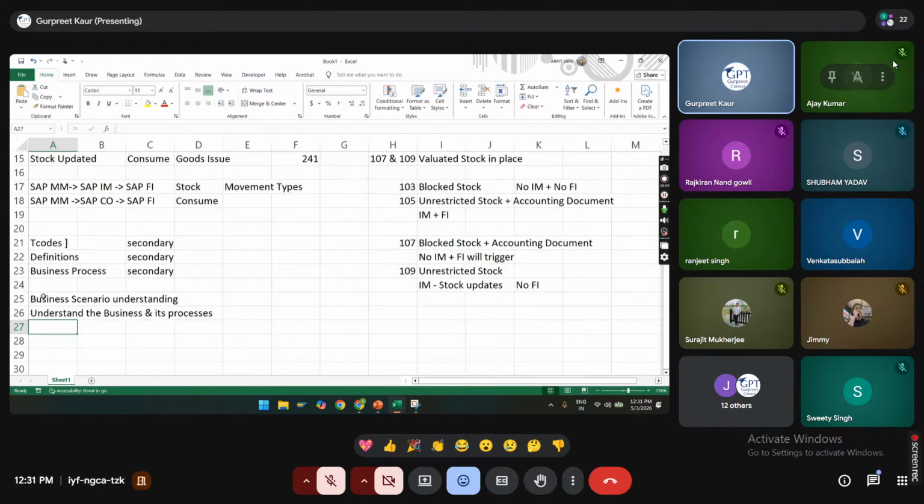When a business gets a requirement through a sales order, and for fulfilling it the material is sent through a vendor, the material is directly delivered by the vendor to the customer, not to us. So nowadays they are looking for scenario understanding. How do you understand a business? That's why you'll get questions like: my business is looking for this, what solution will you provide, or the client wants this.